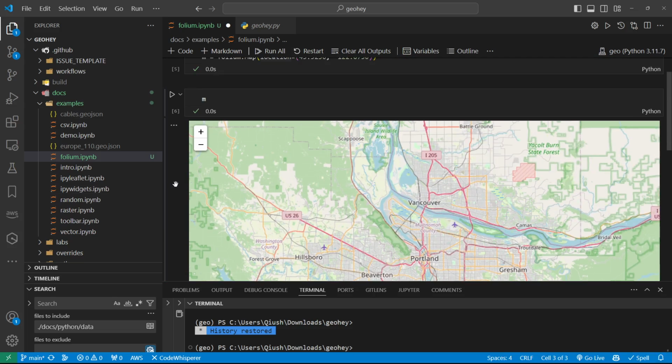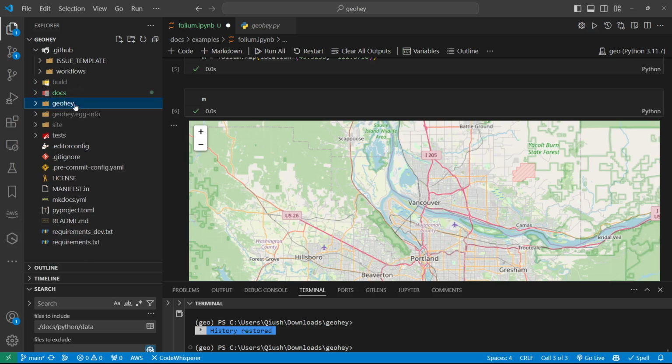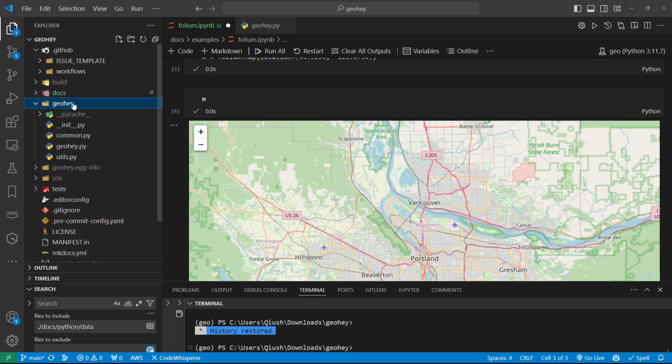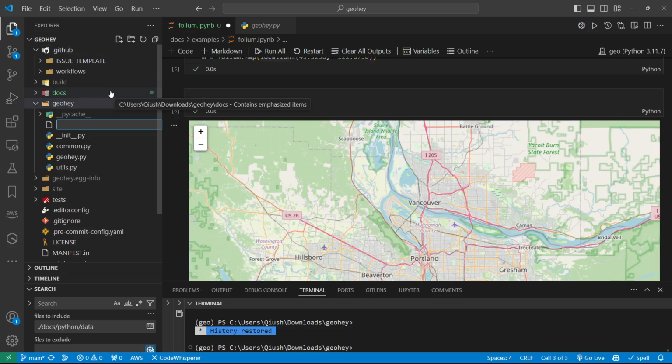So how do we actually integrate this one into our package? So next, I'm going to show you how we can do that quickly. Under your package, we're going to create a new module. Previously under the geo head, this is our main package module. And we can create a separate one. So we can create a new file and name it. For me, I will just call it folium